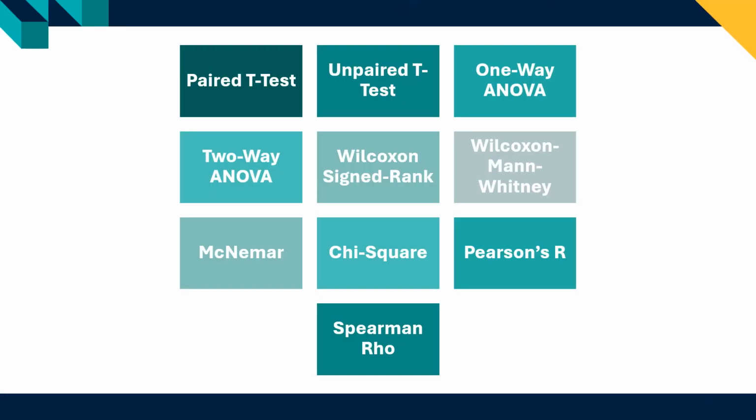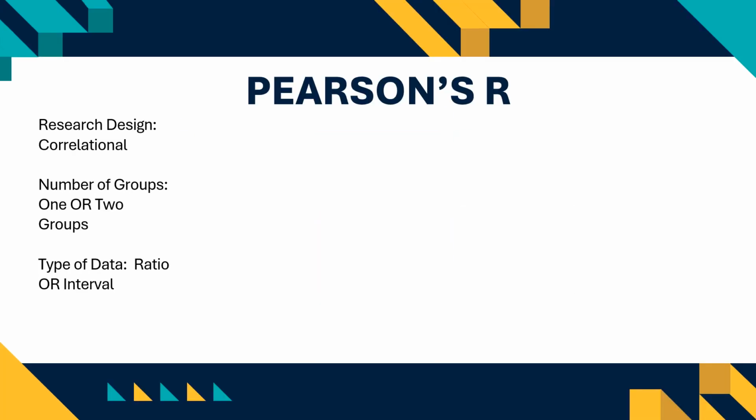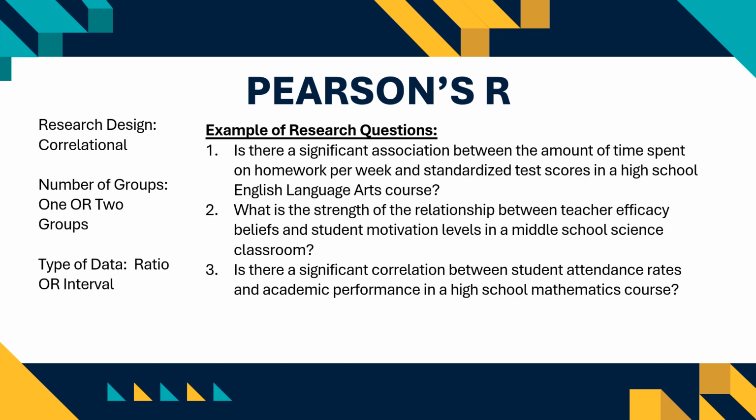Pearson's R. Pearson's R is used with correlational research. It's when you have 1 or 2 groups and the type of data is ratio or interval. Some questions that you can use on your research are, is there a significant association between the amount of time spent